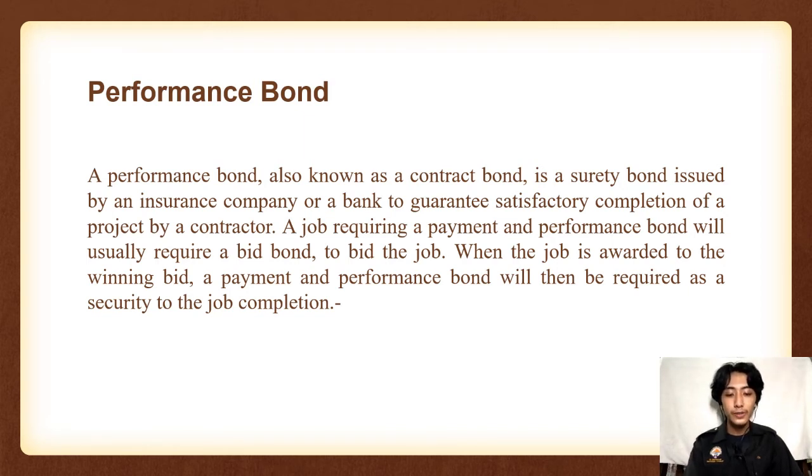Performance bonds are commonly used in the construction and development of real property, where an owner or investor may require the developer to assure that contractors or project managers procure such bonds in order to guarantee that the value of the work will not be lost in the case of an unfortunate event, such as insolvency of the contractor. In other cases, a performance bond may be requested in other large contracts besides civil construction projects.